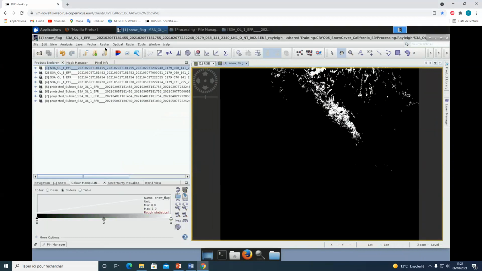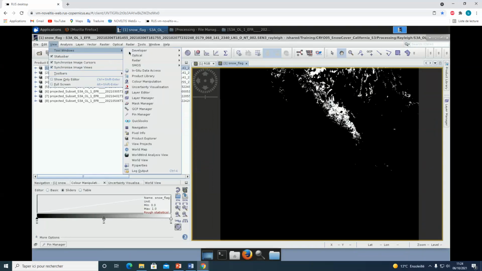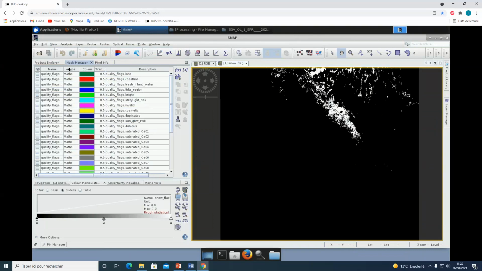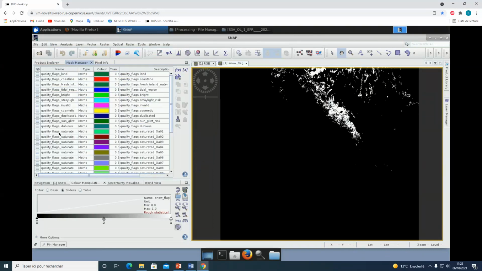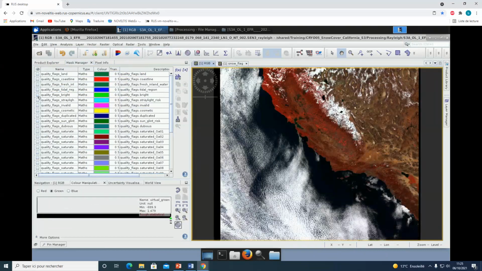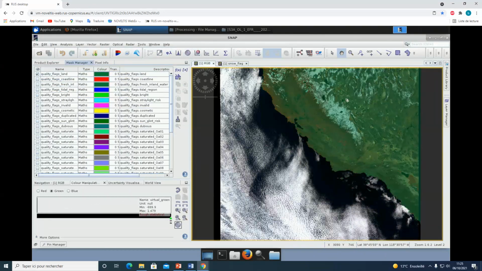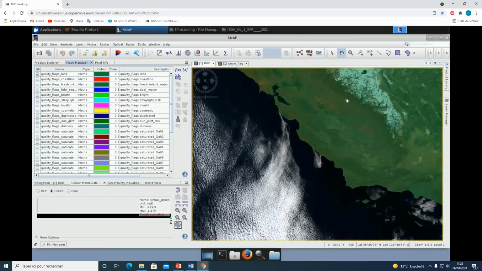Now we can go to View, Tool Windows, Mask Manager. So here, this tool displays all the available masks in the product. So these are the masks that I was telling you about earlier. So let's go back to the RGB view. For example, if you activate the quality flags land that we have used to generate our snow flag, you can